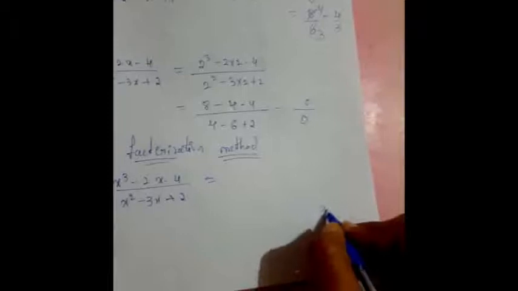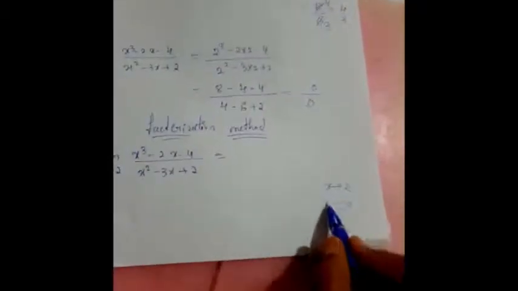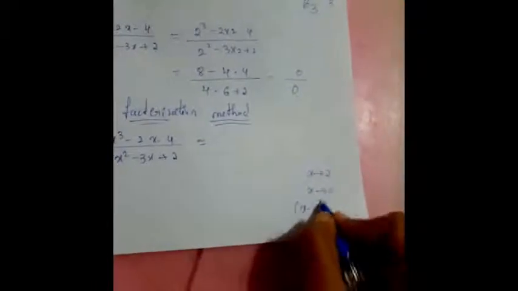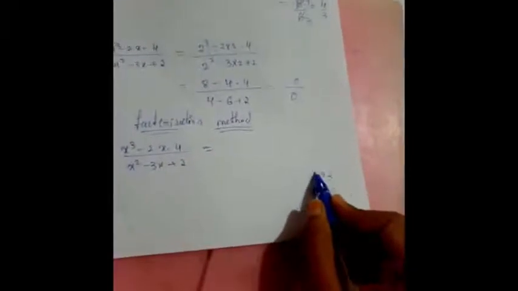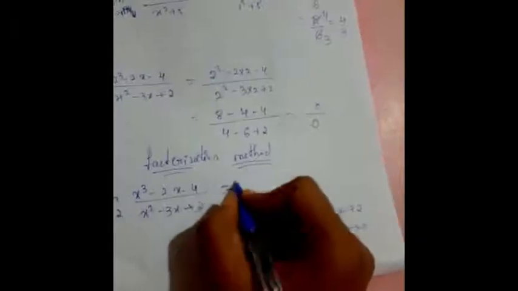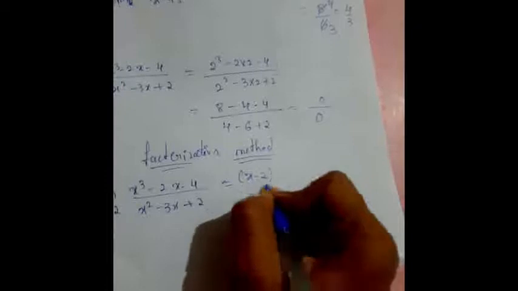Yes or no? So here x tending to 2 means we are converting to x minus 2 tending to 0. We are converting x tending to 2, which means compulsorily you will get the factor x minus 2. If you split in the form of factorization, compulsorily one group or one function will be x minus 2. One factor will compulsorily be x minus 2.